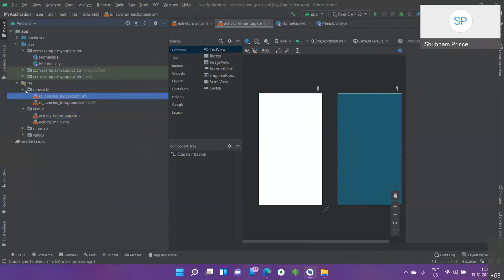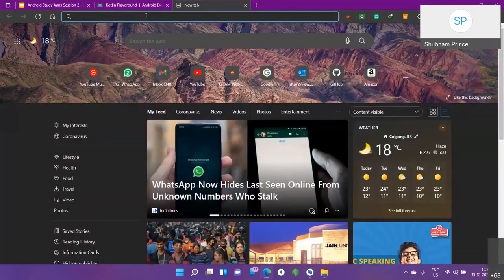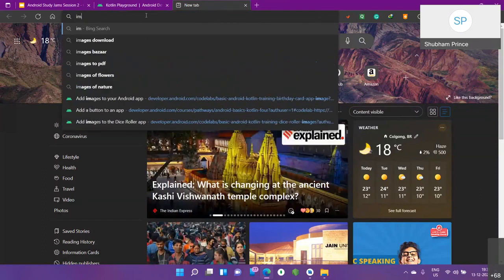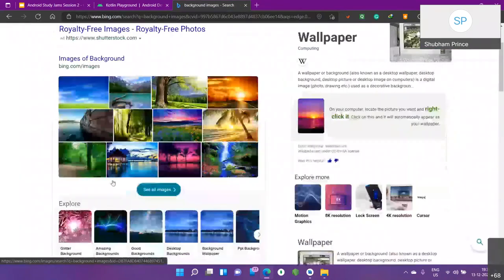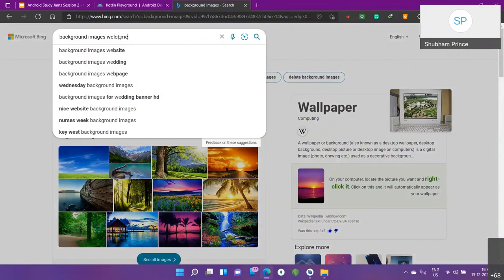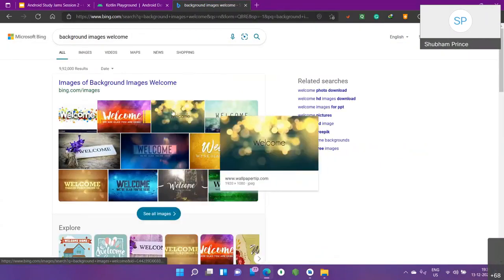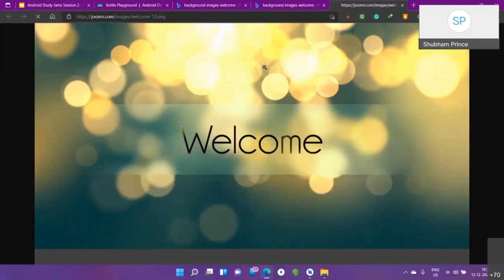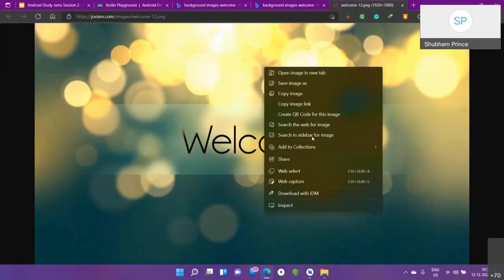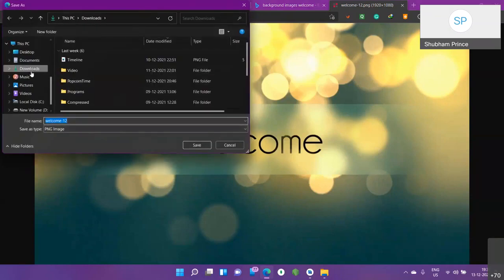So what will I do is I want some drawables. I'll use some images, background images. Let's say welcome. Welcome background images. Go with anyone, doesn't matter. I'll be using it as a drawable. Now let's go and download it. See, the image is huge, and you will see what happens when I'm running it on our AVD. You can use your phones. I prefer phones, but it's fine. Save images, downloads, fine.